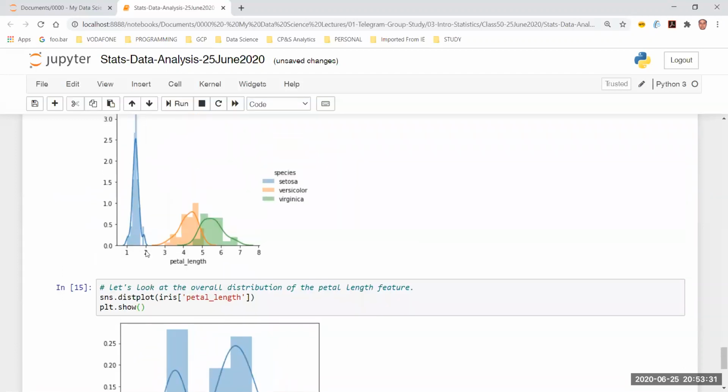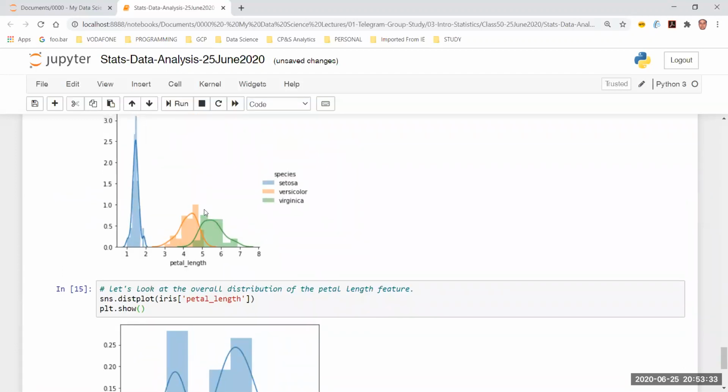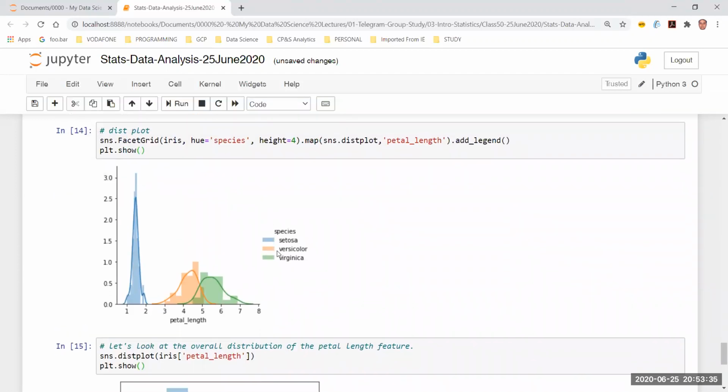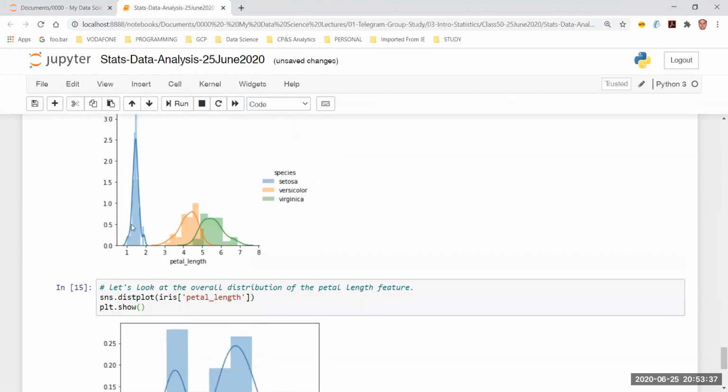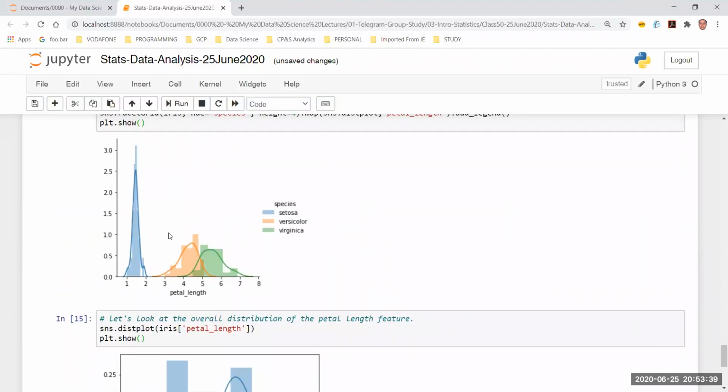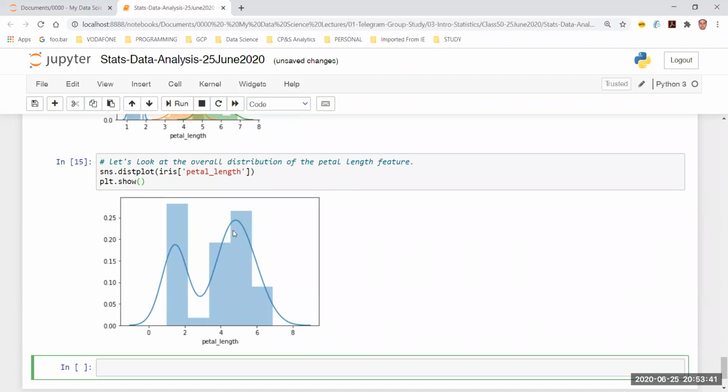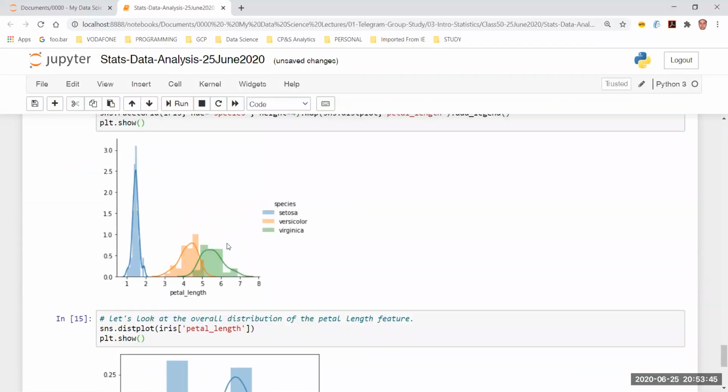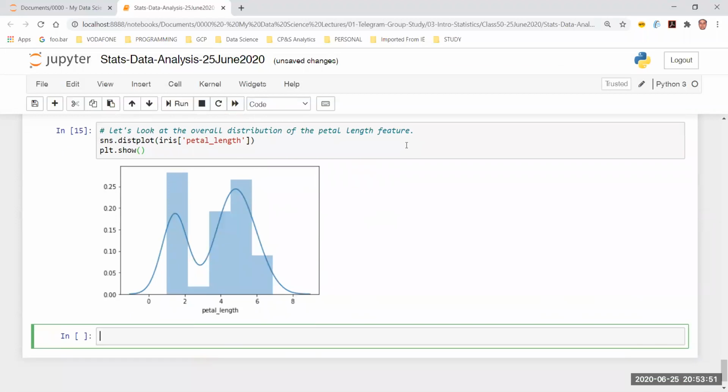It makes sense because in the earlier plot, I had bifurcated it basis the species. And the reason why this one makes sense as well as that one makes sense is because both of them have different use cases. It depends on what question you're trying to answer, what kind of visualization you are going to use to find out what is going on with the data, right? In this case, this is a very simple case. Let's start with the simple one.